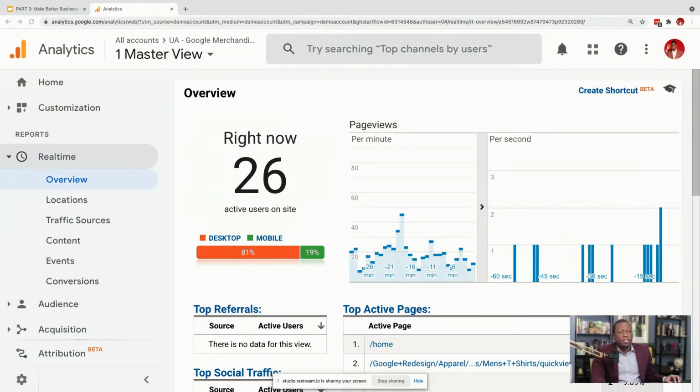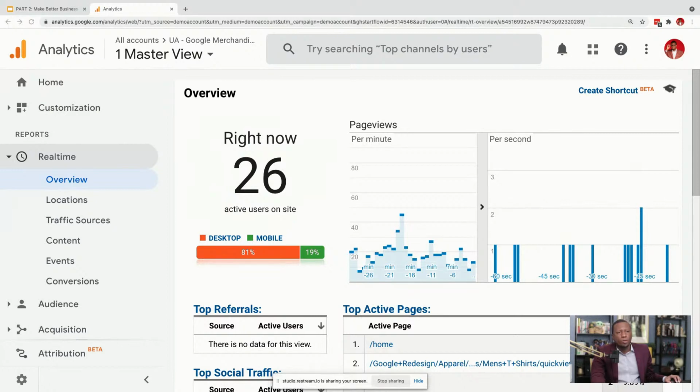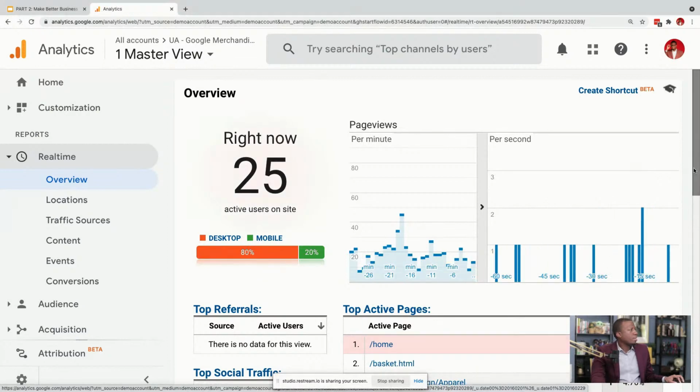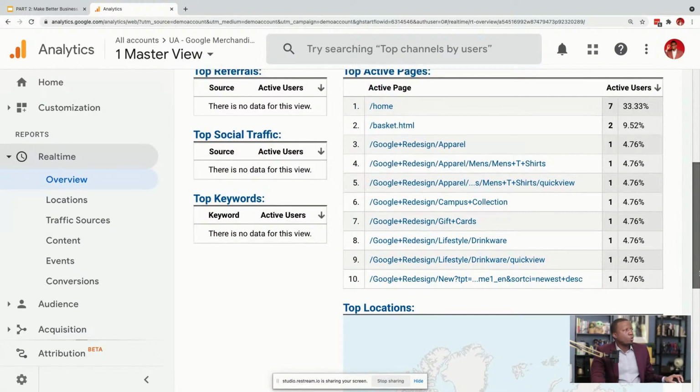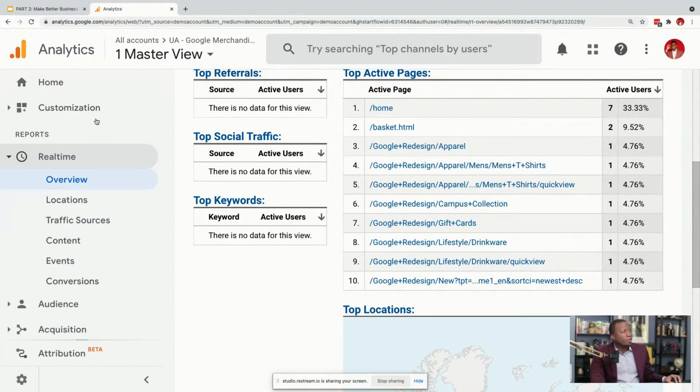Over here, it's saying how long people are on your website and how long they're spending per page. So this is a quick overview that you can use to understand what's going on with your website. If you scroll down some, it'll tell you the top pages. See that right here, homepage and so on. So once again, it'll tell you instantly what's going on with your website.